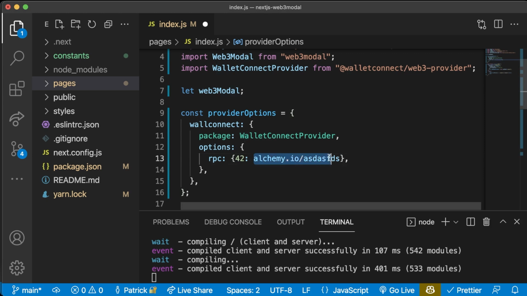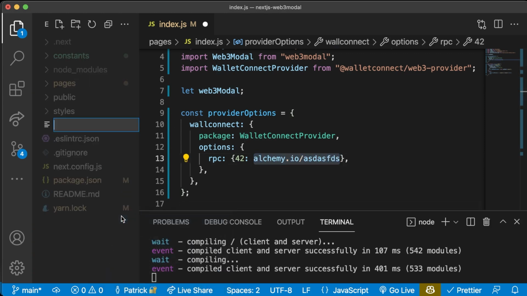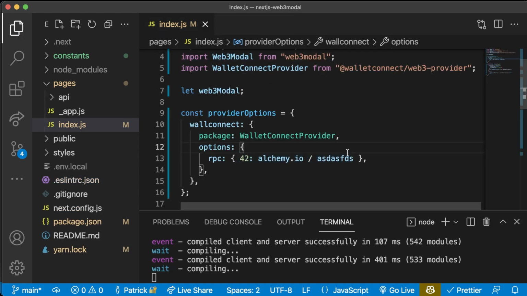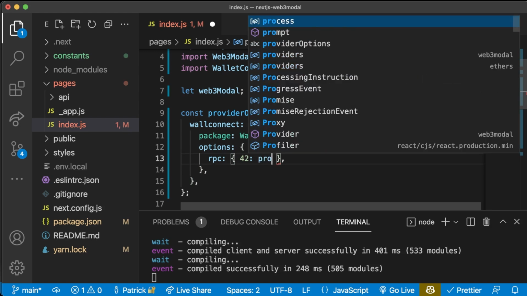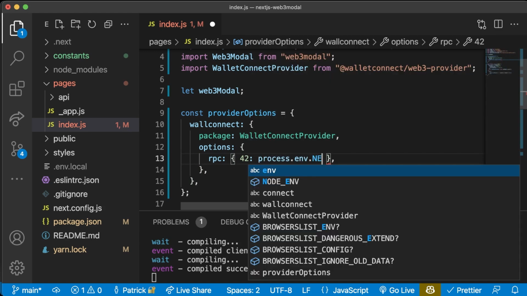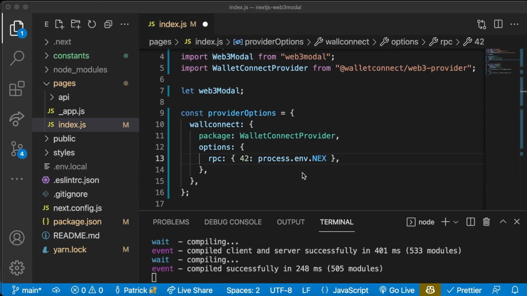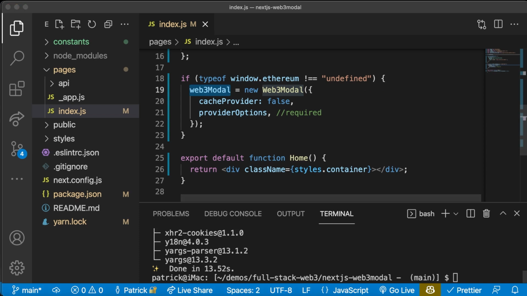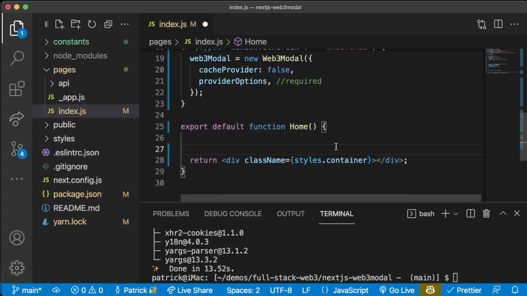I'm going to expose one as a .env variable. So if I do .env.local, I can add in here a NEXT_PUBLIC_RPC_URL. And then in the front end here, I can do process.env.NEXT_PUBLIC_RPC_URL. And since I'm doing 42, this has to be a Kovan RPC URL, but you get the picture. Now that we have a new Web3Modal, we can go ahead down here,